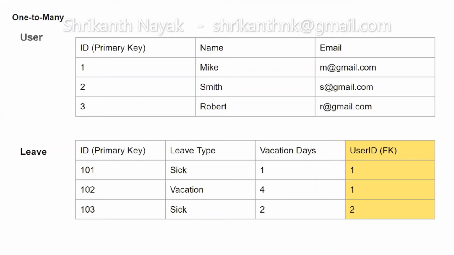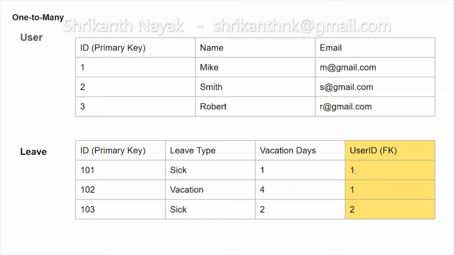In order to answer this question, we have to introduce the foreign key in the leave table. Now, to answer the same question, whether Mike has applied any leave, I will try to find out the ID of the employee Mike. In this case, Mike's ID is going to be 1. Then I will come back to the leave table and